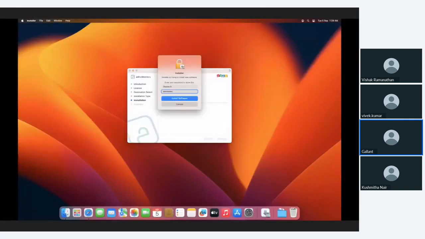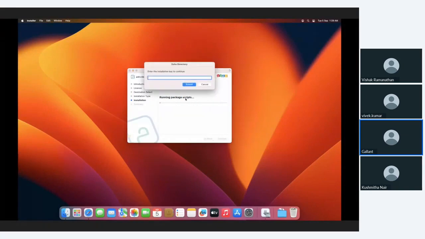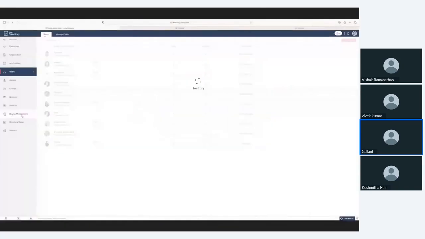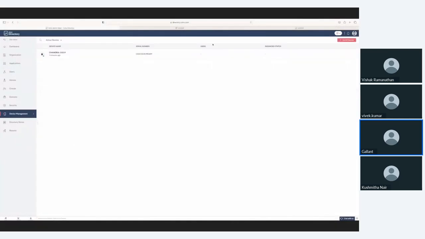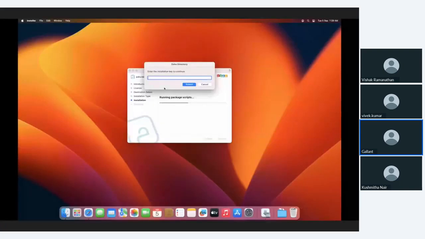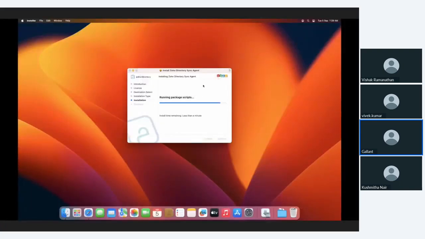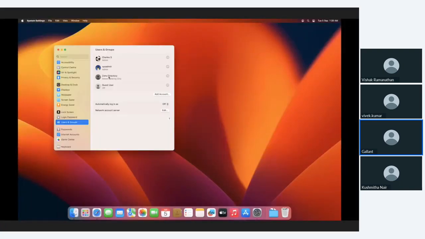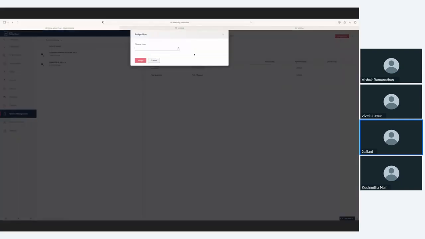What you see on screen is how the agent is being installed. And once that agent is installed, the device can be tagged to the user,